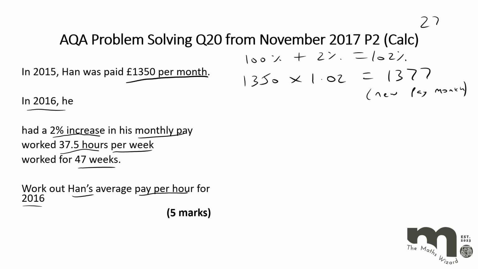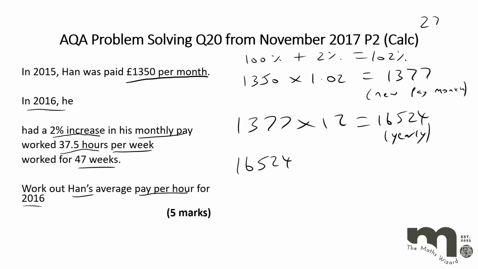We could do 1377 times 12. That will give us 16,524. So that's his yearly pay. Remember, there are 12 months in a year. Then if we divide that by the 47 weeks that he works, that will give us roughly, to 2 decimal places, 351.57. If we then divide that